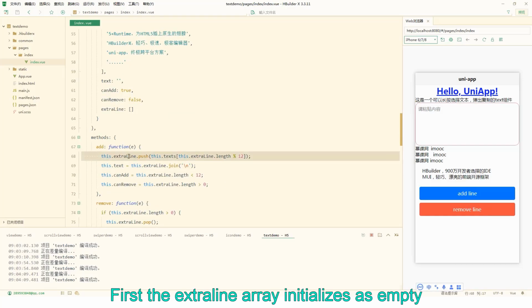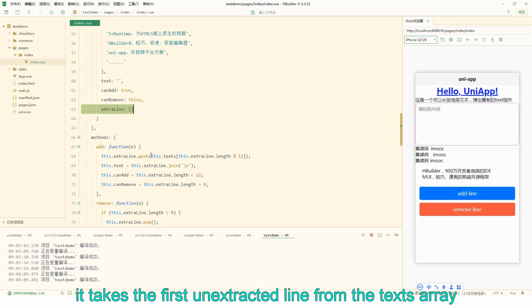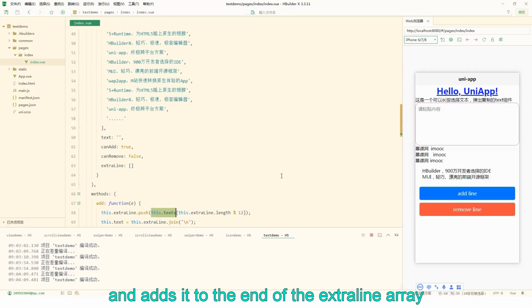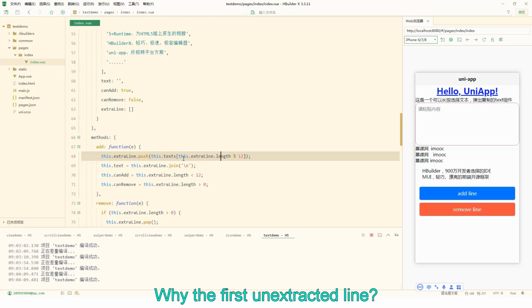First, the extra line array initializes as empty to store the text extracted from the text array. Each time the Add line button is clicked, it takes the first unextracted line from the text array and adds it to the end of the extra line array. While the first unextracted line